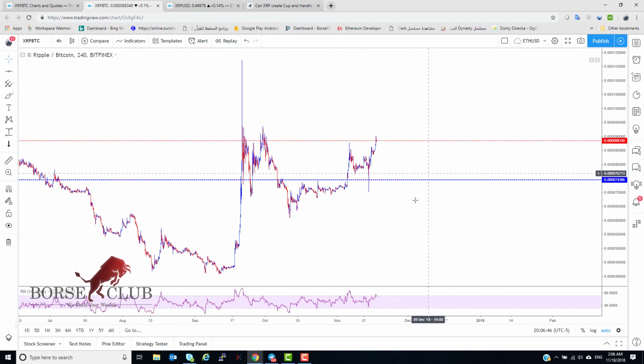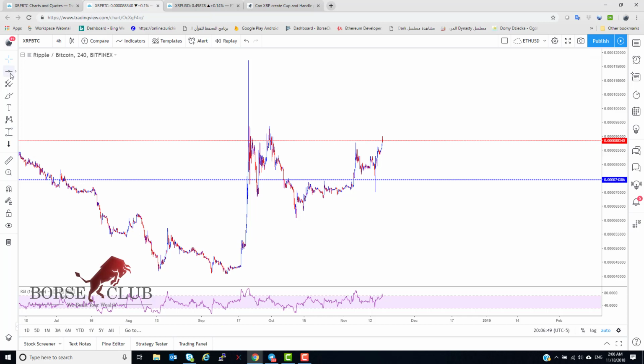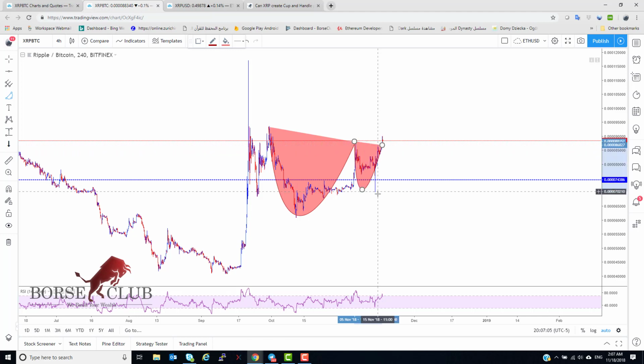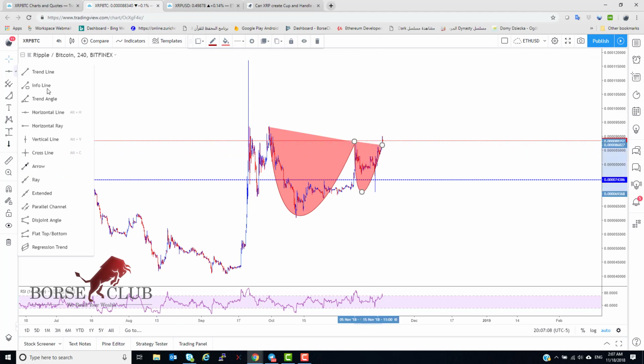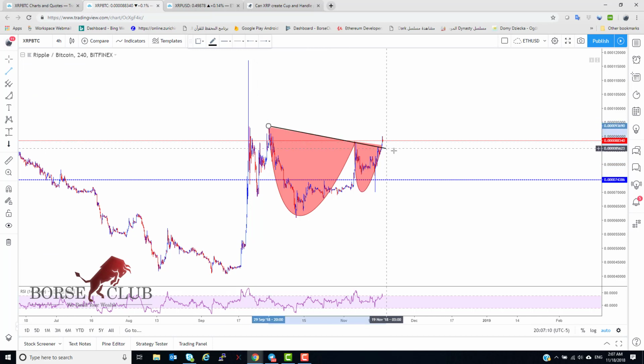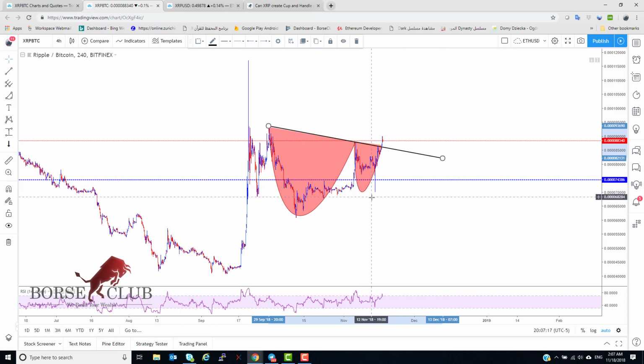The reason is actually very clear: we had what we call a cup and handle. So from here to here, this is the cup and the handle, like this. Let me just draw the trend line. Okay, so it's like this. We bought from this area break, and the stop loss was almost something like 6,500